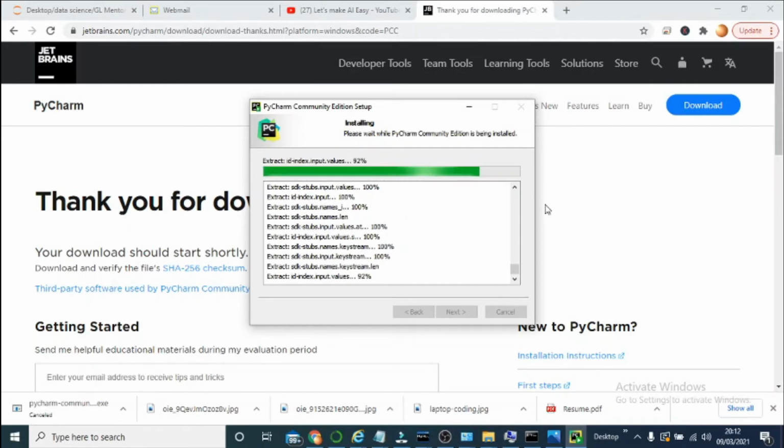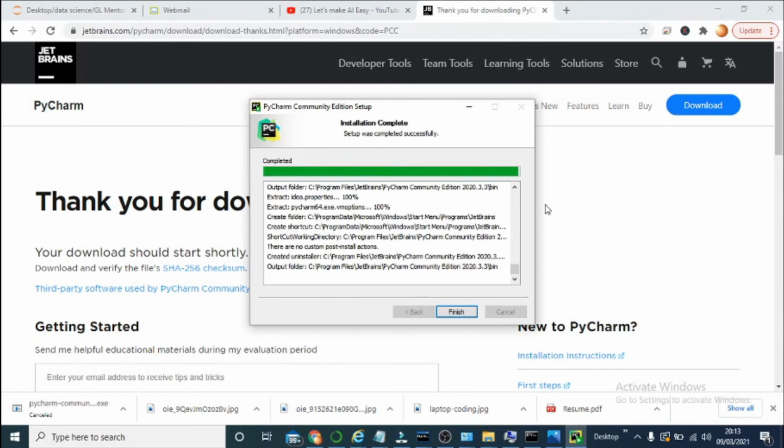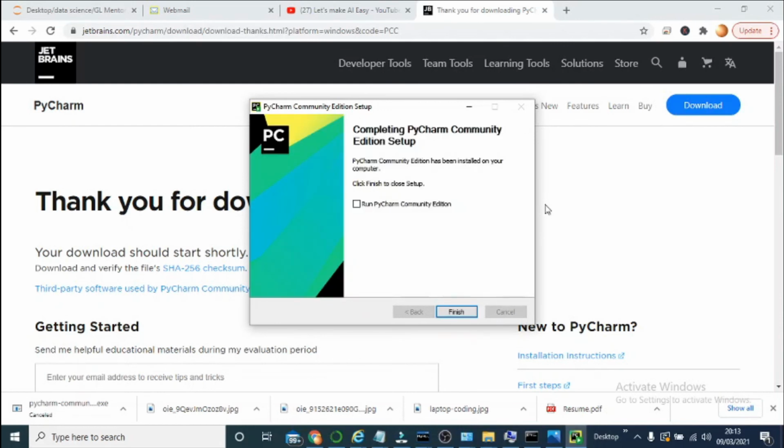So apart from PyCharm, you can see a lot of other IDEs available for Python programming, which includes Spyder, which is another good one. Then you have Jupyter Notebook, which we are going to see. People use Atom, which is also very good. Then Visual Studio Code, that is another IDE people use, right? So there are multiple IDEs. People in industry use them, and based on their liking and disliking, they prefer a specific IDE, right?